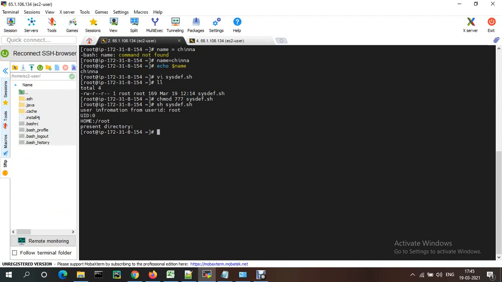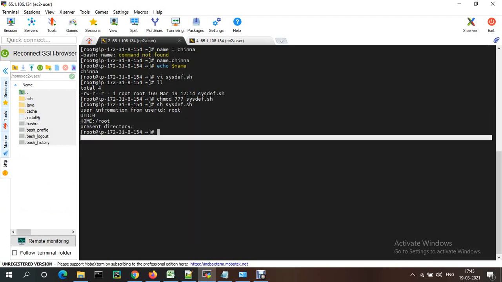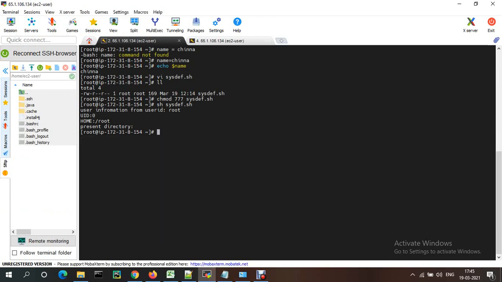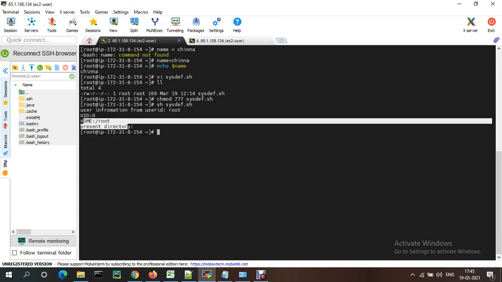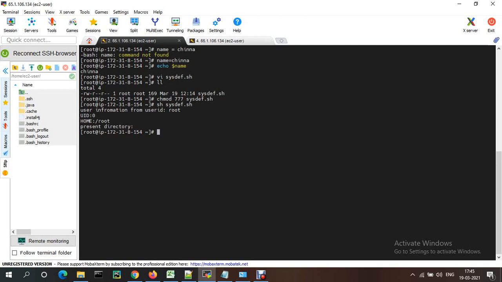The user is root, currently we are in the root user, and the uid is 0 and home is, currently we are in this root. Okay, it will be displayed.